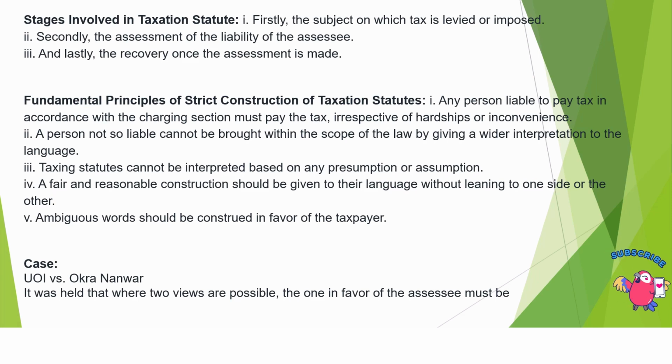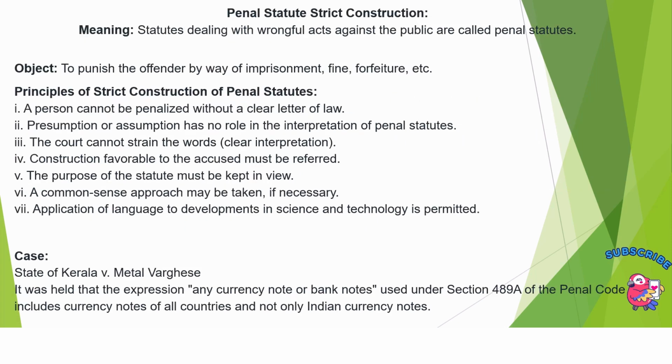Taxing statutes cannot be interpreted based on any presumption or assumption. A fair and reasonable construction should be given to their language without leaning to one side or the other. Ambiguous words should be construed in favor of the taxpayer. Famous case is Union of India versus Ok Nanwar. It was held that where two views are possible, the one in favor of the assessee must be